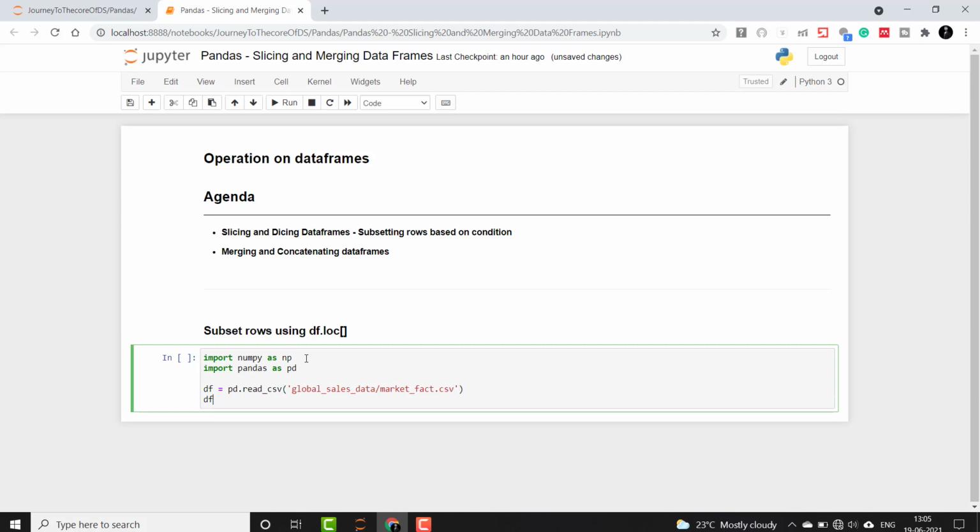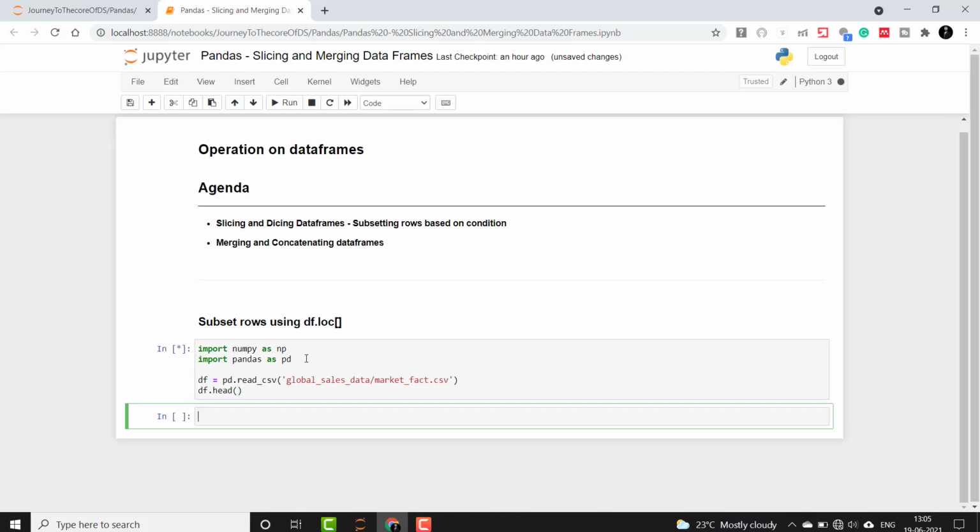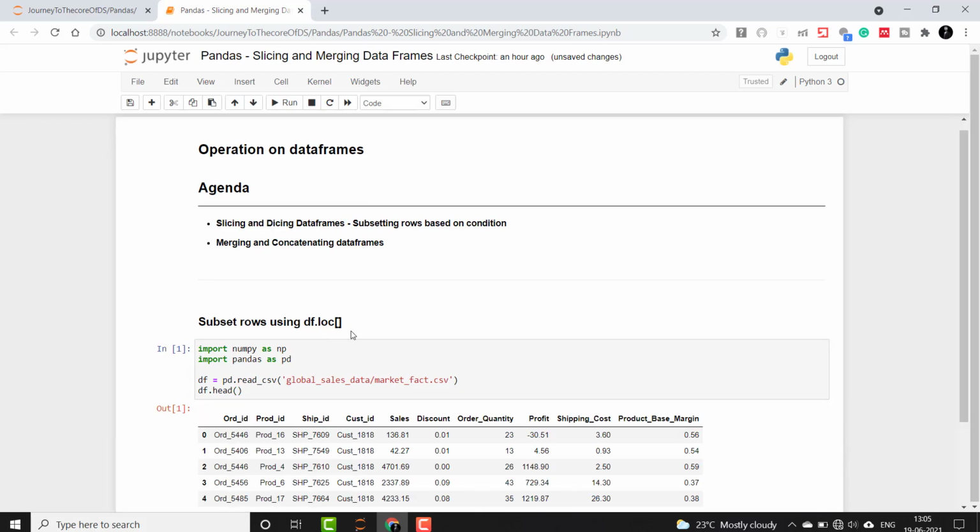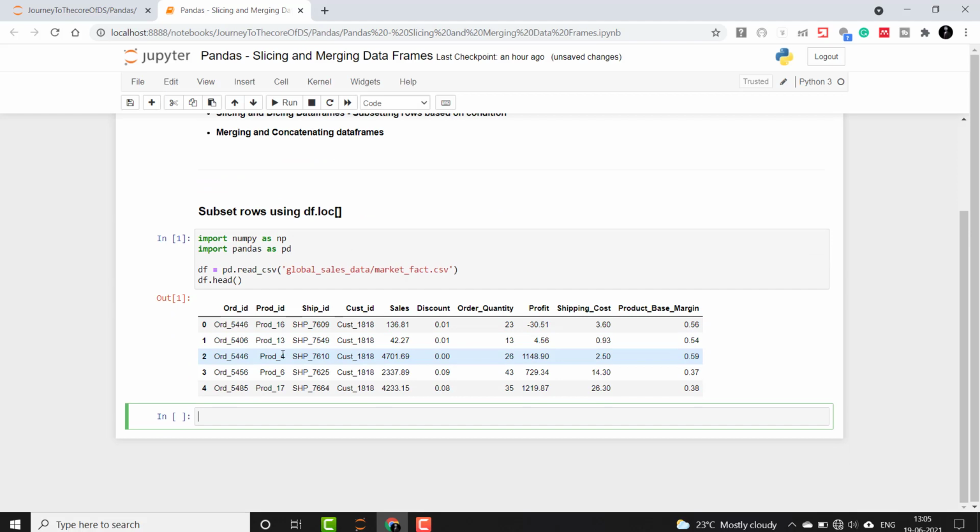Then we will print its head, which will print 5 rows. Okay, it has printed now.